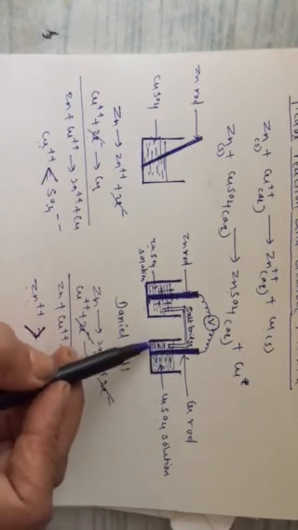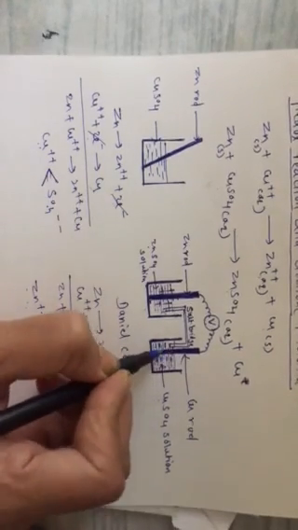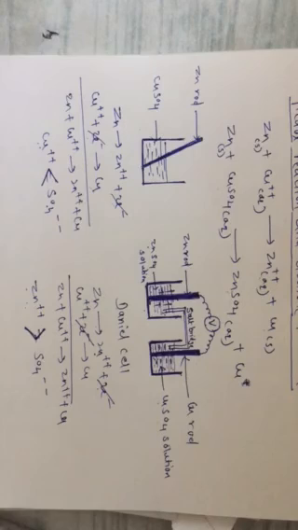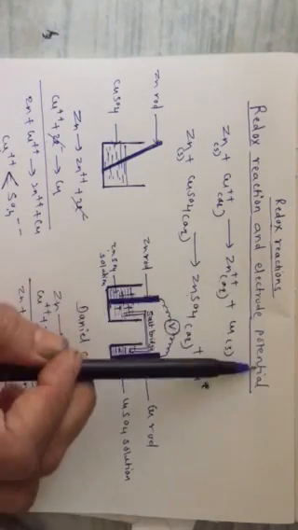And what will be the charge on the metal rod? As it is losing electrons, as it is losing negative charge, it will develop positive charge. Again, positive negative charge separation is there, and therefore potential is developed. So in both the half cells, potential is developed. That is known as half cell potential or electrode potential. Because of the redox reaction, in both the half cells we get potential, which is known as half cell potential or electrode potential.